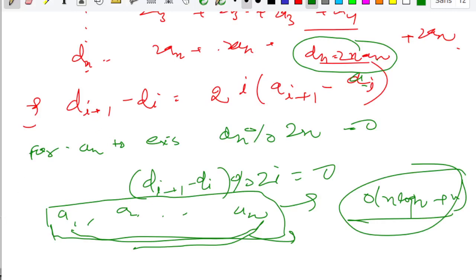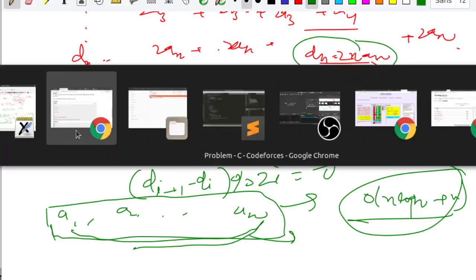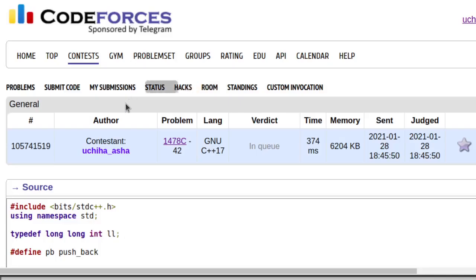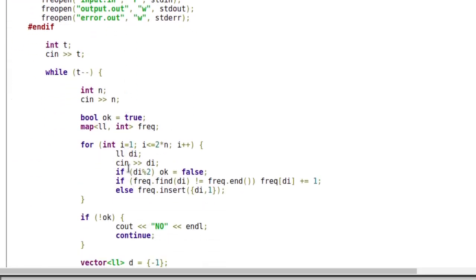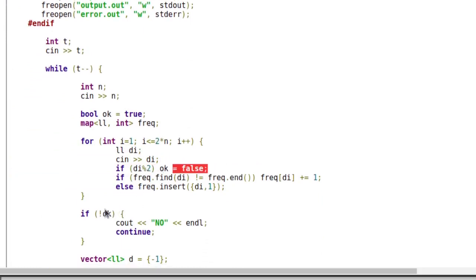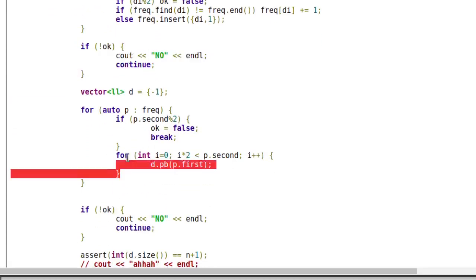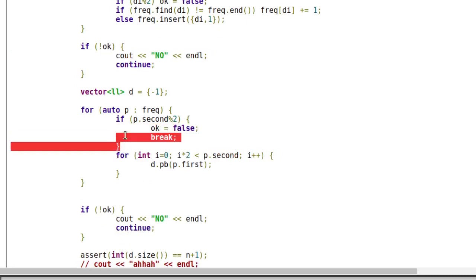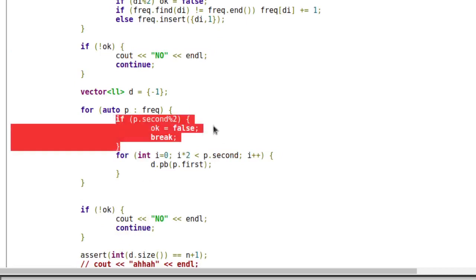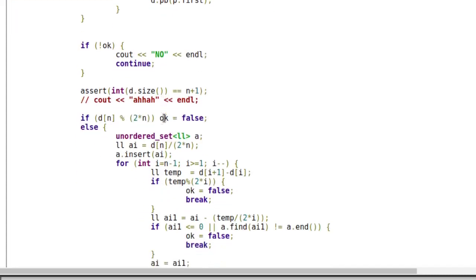So let's see the code for it. I'm taking my input, and if I get that di is odd, then ok is false, and if ok is false, then I print no. Otherwise, I'm checking the frequencies. If the frequency of any element is odd, then ok is false, as I explained in the solution.